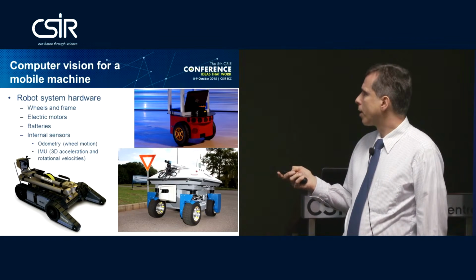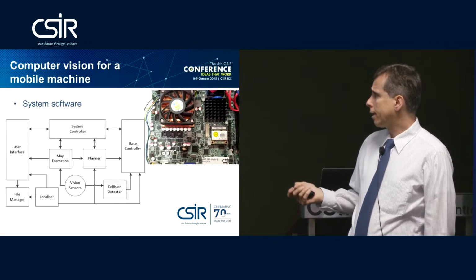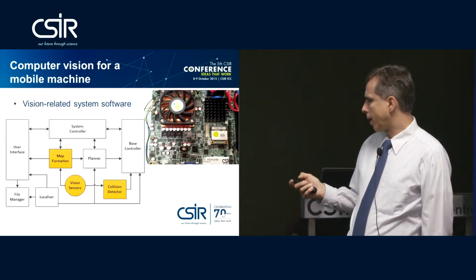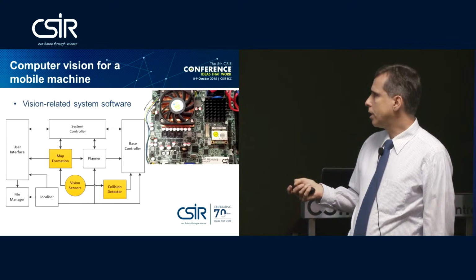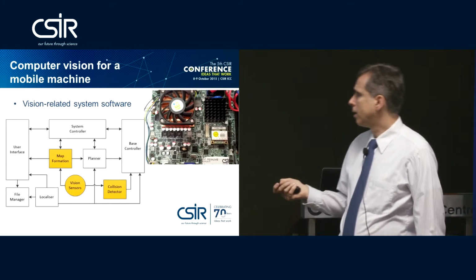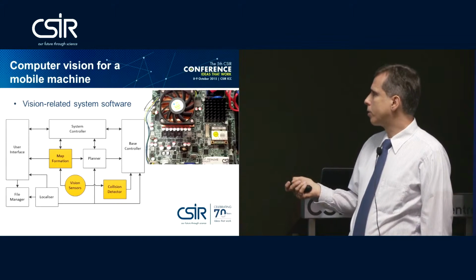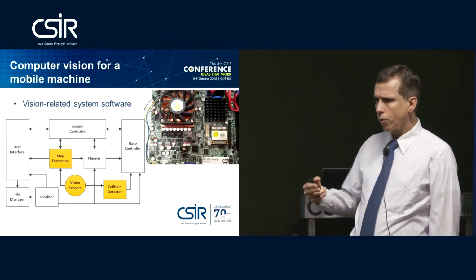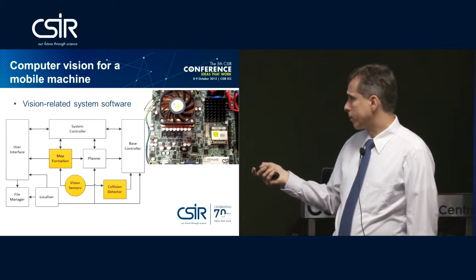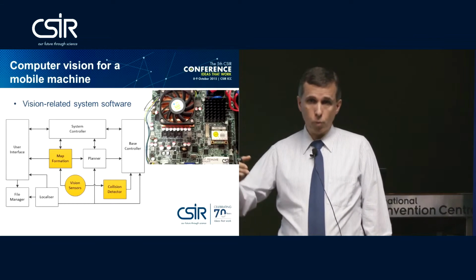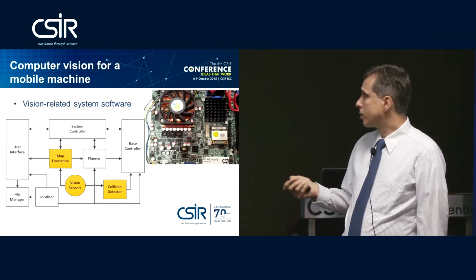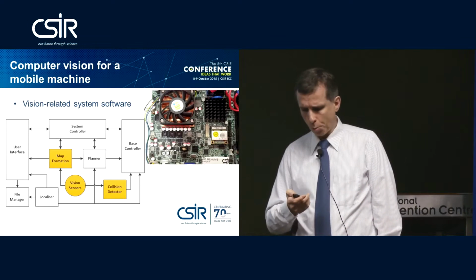But speaking about the system hardware, also system software for an autonomous machine, and this is a very simplified block diagram here. The vision components in that would be the sensors. Each sensor would have some kind of software element to couple the data from the sensor into the rest of the software system. That kind of information, the vision information, could be provided to a collision detector, and this would look for objects or obstacles directly in the path of travel. The idea there would be to either stop to avoid a collision or find a way around that obstacle. The vision information is also used in map formation, and this is a very key component of the vision system,